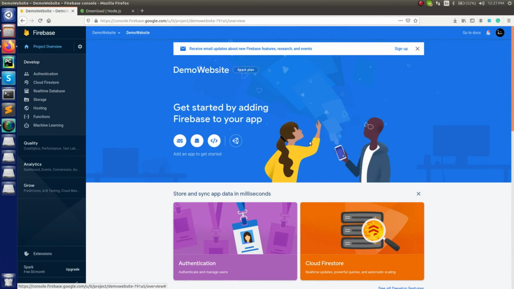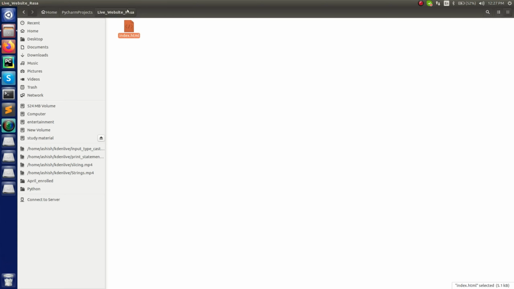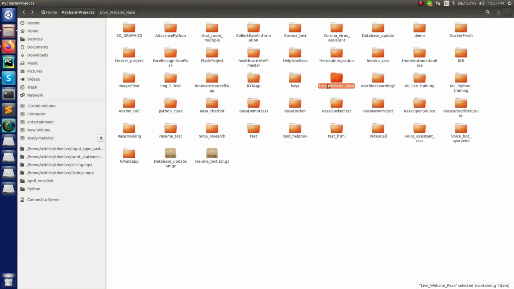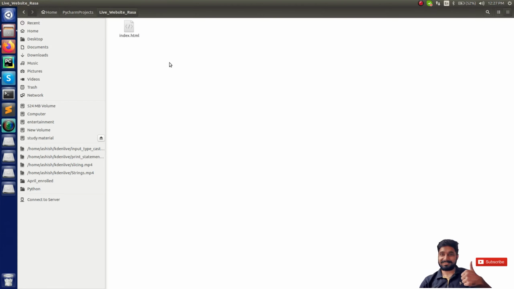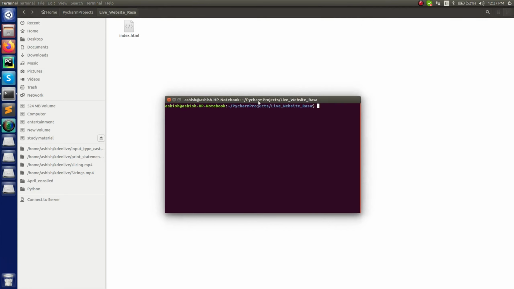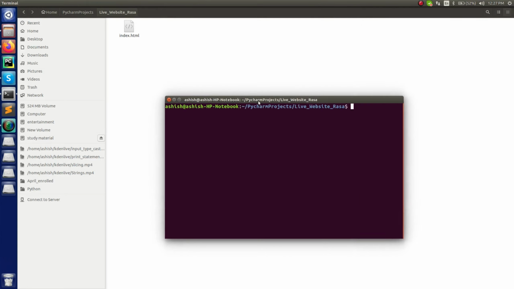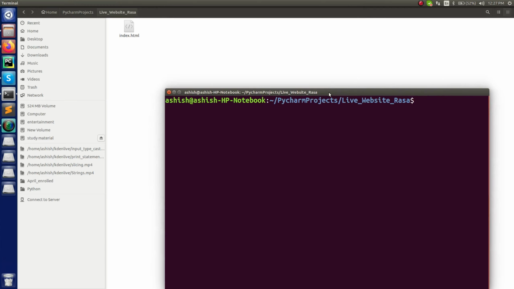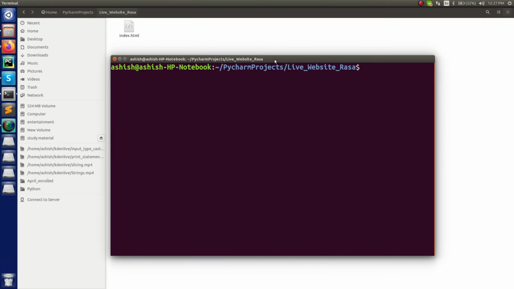And for that, what exactly you have to do now is let's do one thing. Like you can see this is already in a separate project, or let's say this is already in a separate directory, right? Now let's open the terminal, right? So let me just open the terminal at this location only, right? For that, firstly you must have Node.js and npm installed on your system, because you are going to use Node.js in this case, and it will be really helpful for hosting your website onto the Firebase. So you need to have Node.js and everything installed on your system.